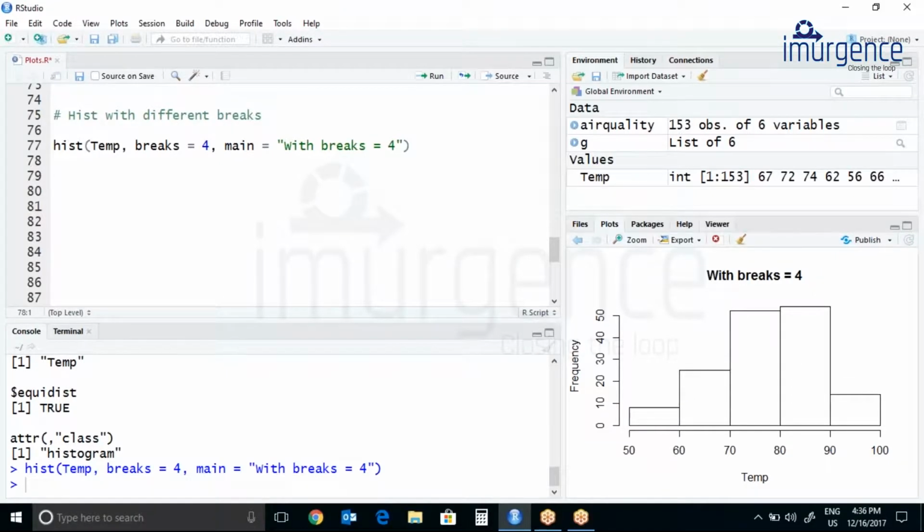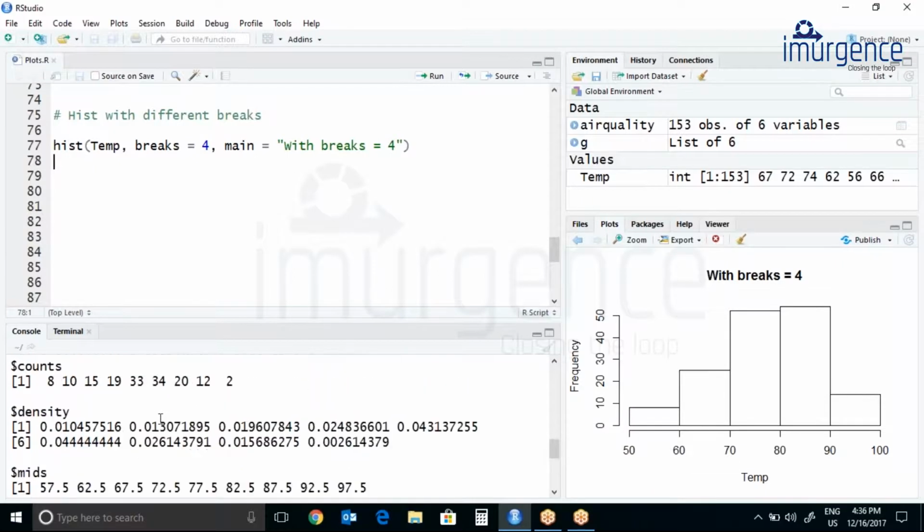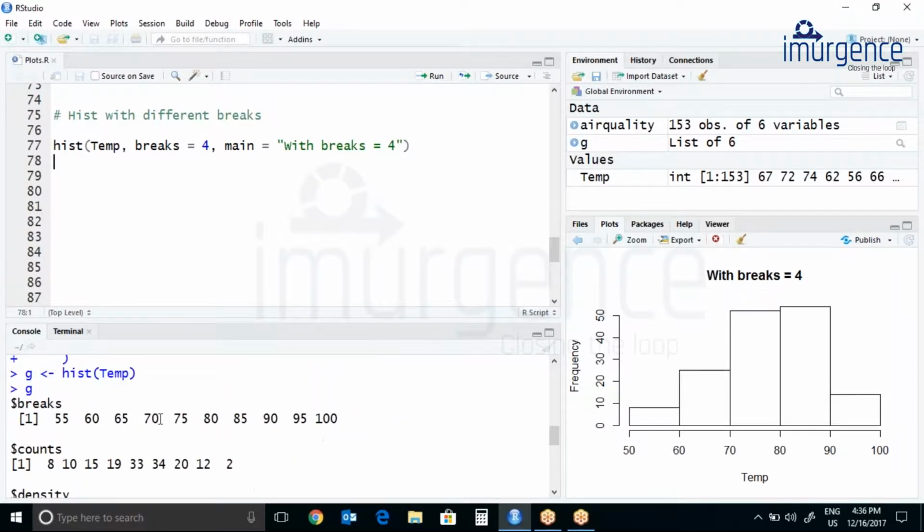So it will have 4 breaks over here. If you wish to add more, then you can just increase the number of breaks. And yeah, that's it about your histogram.